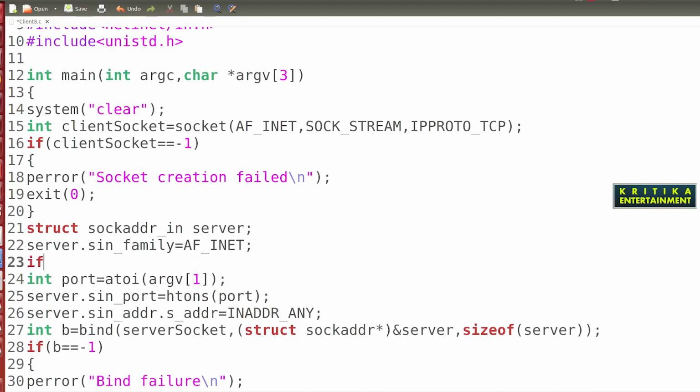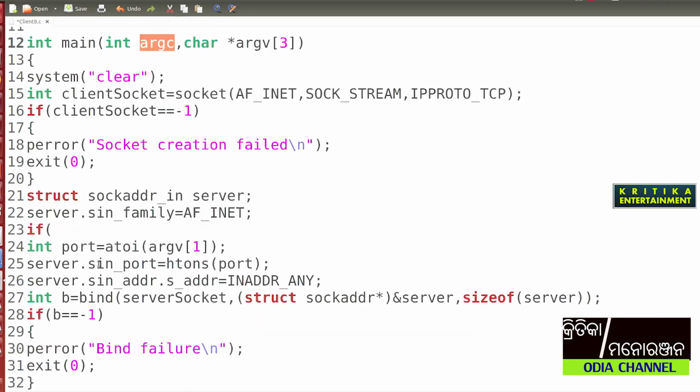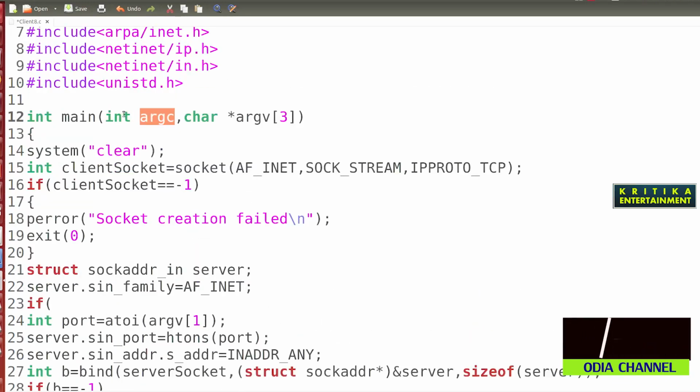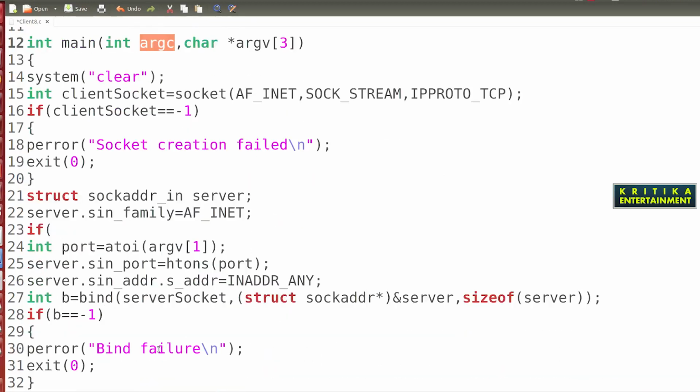Now, okay, if the argument count, if you don't have an idea about command line arguments, then you can go to my channel and check the video about what are command line arguments. Okay, so here we will write argc.